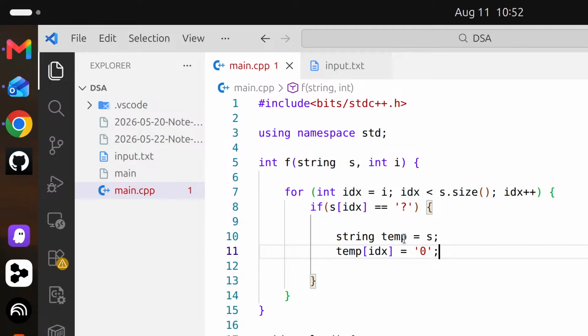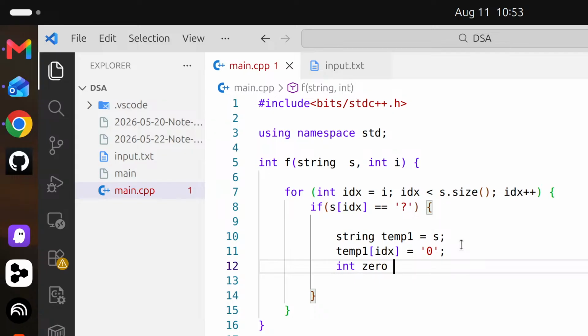and temp of 1 it is, right, temp of 1. Okay, then what I will do, int 0, temp 0 it is, and temp 0 it is. Let's say 0 is f of temp 0 comma idx. Alright, right, right, and